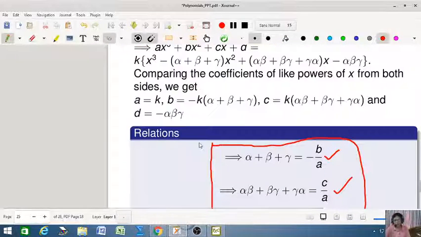And what about the zeros? How to draw the diagrams for the polynomials: linear, quadratic, cubic, biquadratic polynomial. And what is the power? If the leading coefficient is greater than 0, what will happen? If the leading coefficient is less than 0, what will happen? Especially we are talking about the quadratic polynomial and the roots and the different relations.